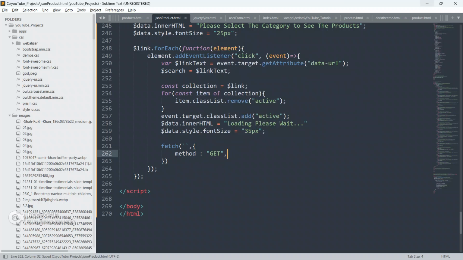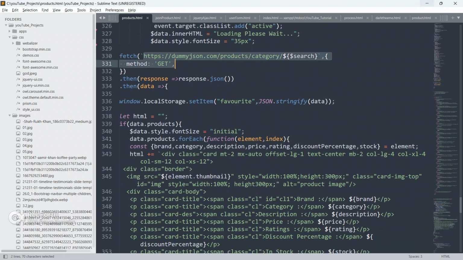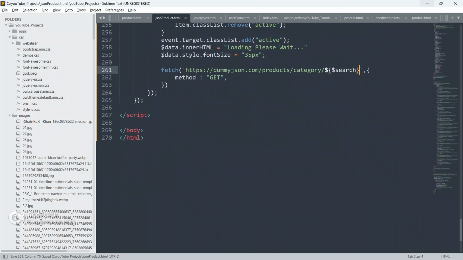Okay, through get method, guys, we are getting a response from this server. So let me go to the example, guys, and let me copy this URL. I will explain you this URL. What is this URL all about?